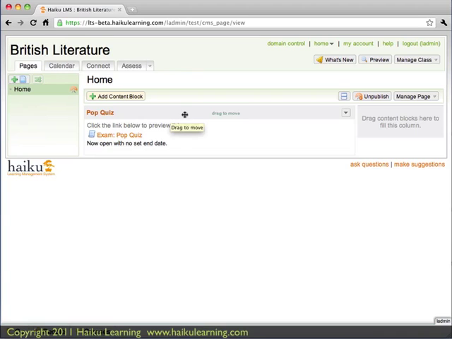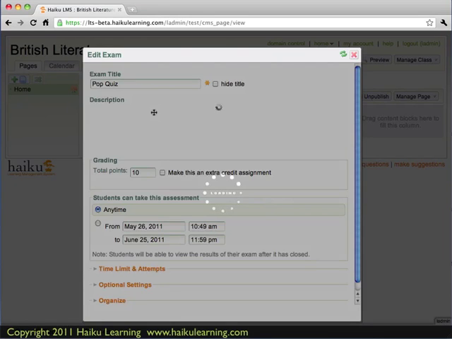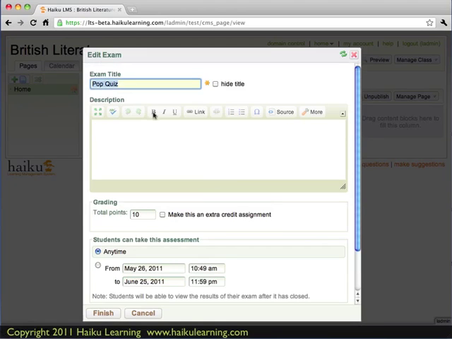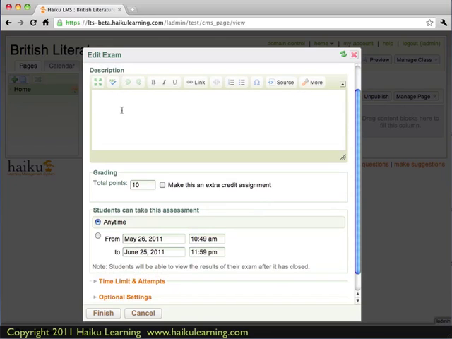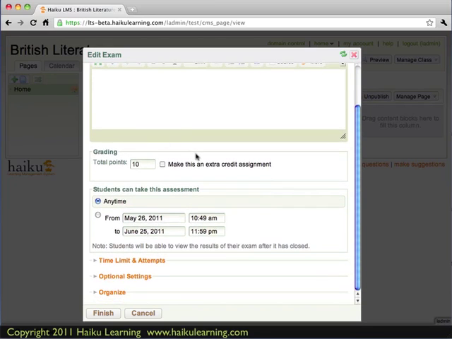I've already created an assessment in my Haiku class, and I can see it here. It's a pop quiz. So I'm going to go ahead and edit this assessment and see how to enable Safe Exam Browser. So here I can see my exam title. If I would have entered a description, it would be included here, and then the rest of the information about